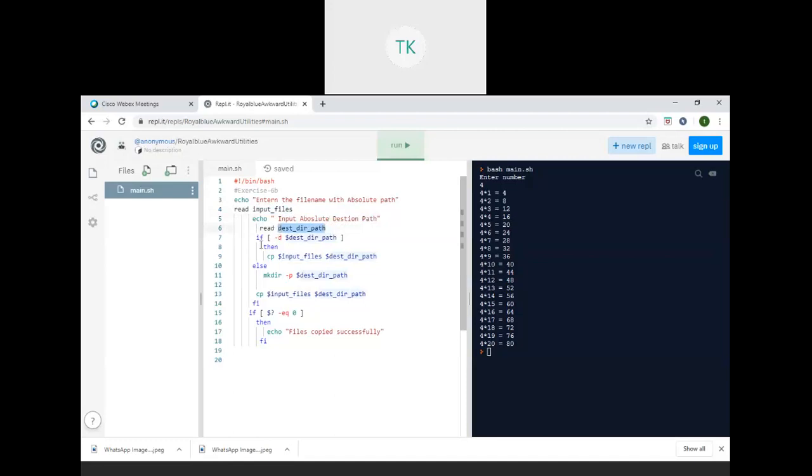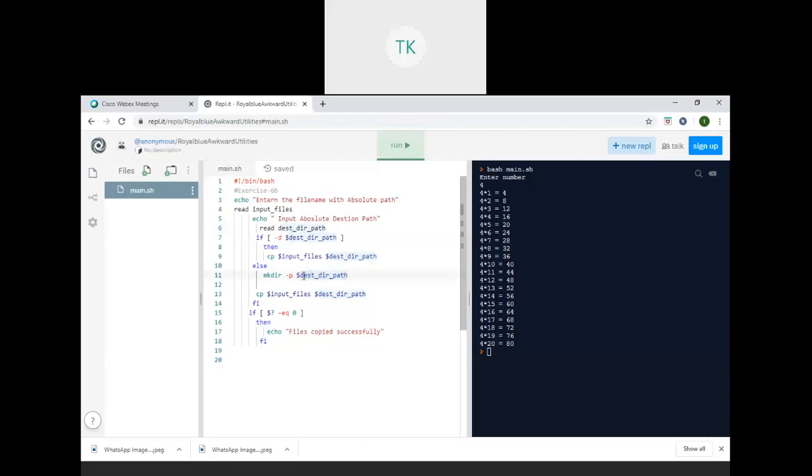Then if minus d, you try to understand the file operators. Minus d stands for if your file is a directory. If it exists in your current working directory, then copy immediately, copy the source file to the destination. If the directory is not available with the name which you gave, then based on that, mkdir, make directory, will create a directory with that name.